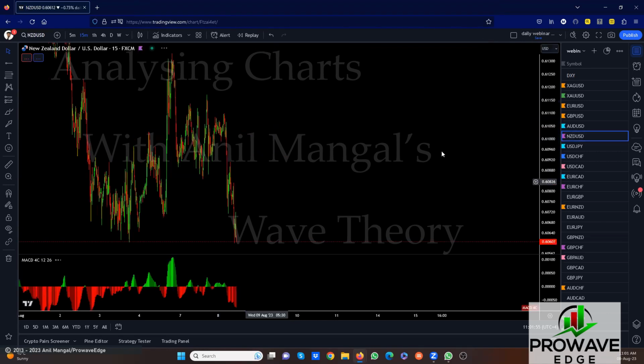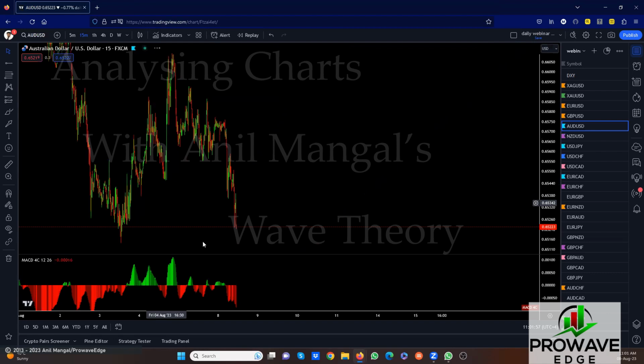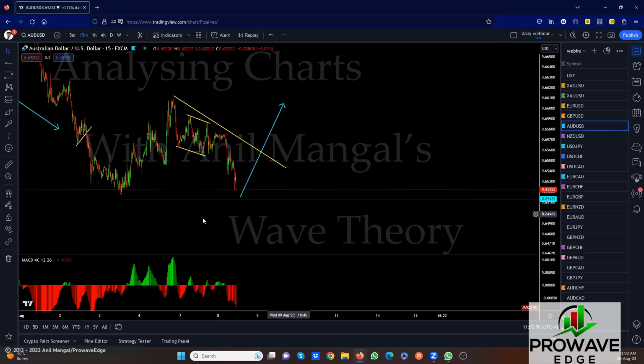New Zealand, can it break the low first? By the way, can it break the low and then do that? Yes, it can. I'm not expecting them to, but they can break the low and do that. New Zealand,